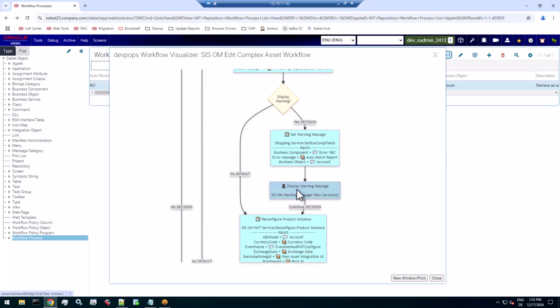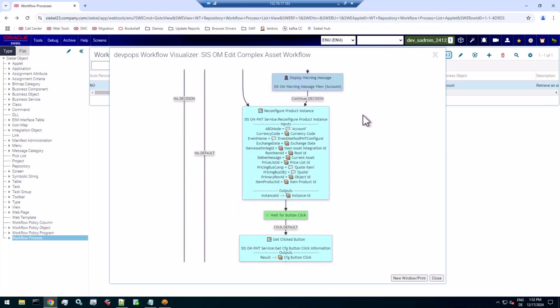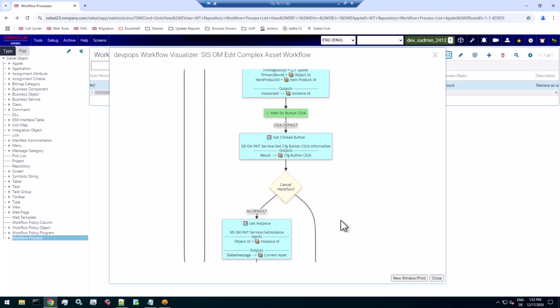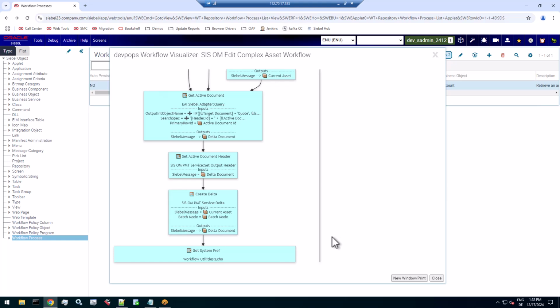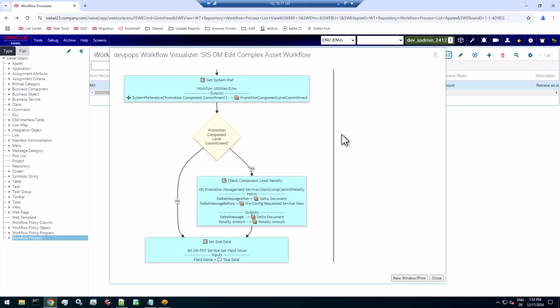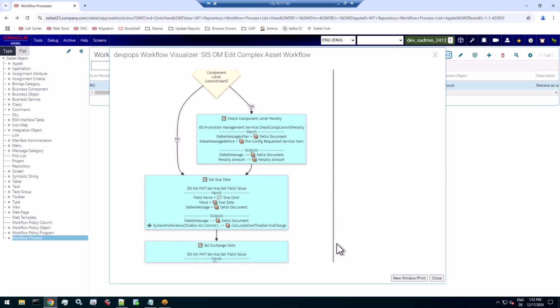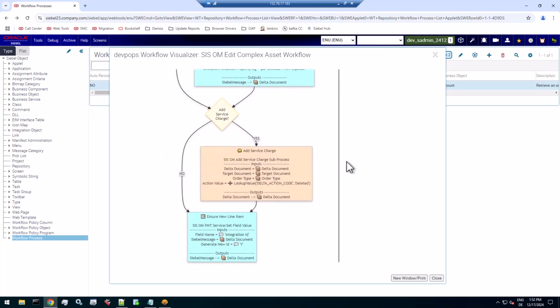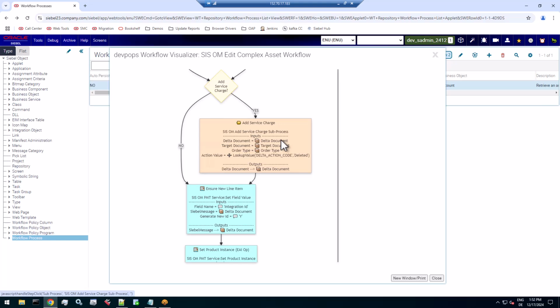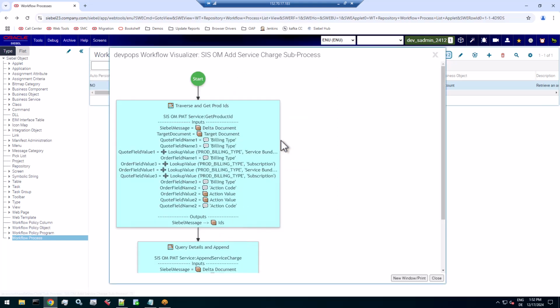There's a user interaction step here. There's a wait step. There's cancel. And of course, it takes a while to reach the end of that workflow because it's quite complex. But still, it's possible to understand that. And there's a sub-workflow. And guess what? When you click on the sub-workflow, yeah,